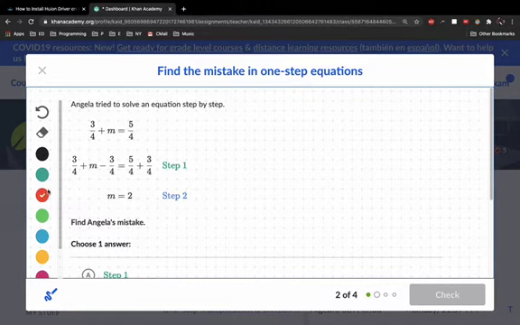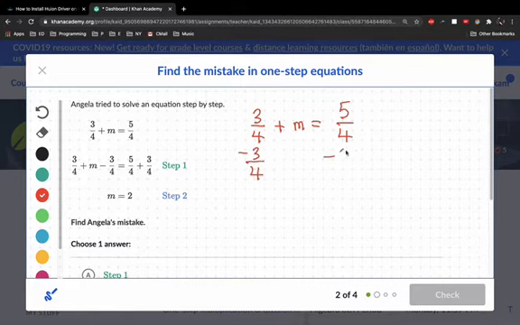All right, in this problem here, we've got 3/4 plus m equals 5/4. So we have 3/4 plus m equals 5/4. And the way that you get rid of a positive 3/4 is you subtract it. You go minus 3/4 and minus 3/4. So we're going to have m equals,